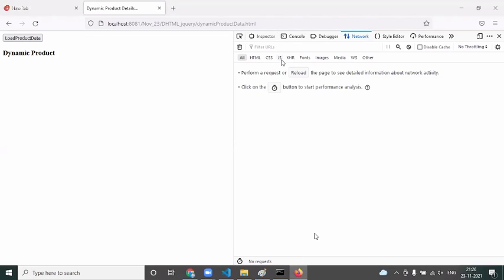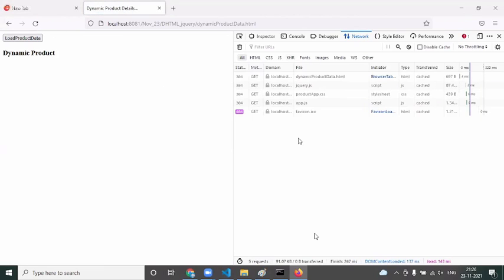Then CSS files, JavaScript files, and XHR, which is called XML HTTP request. This is one of the tabs. If you click on it, you see only the Ajax calls. Whenever I'm reloading the page, it shows these files: the dynamic product.html, jQuery.js, product app.css, app.js, favicon.icon.